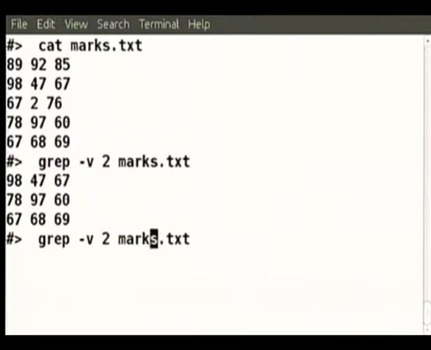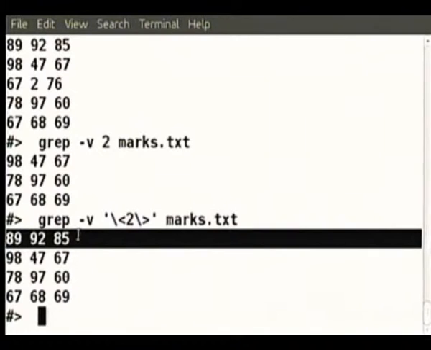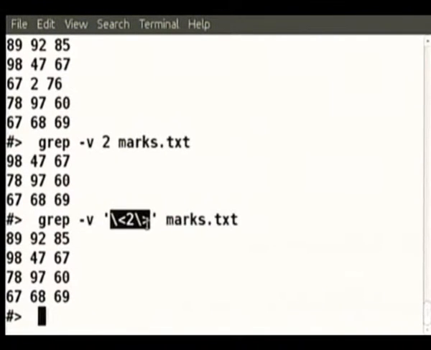So maybe if you see, now there is this particular 92, that is what we are discussing about. So if you use minus V, then this 92 is now no longer matching the pattern. That particular line, we prefer not using row, we prefer saying that line, because it's line search. So this particular line, is there a pattern with this? Which pattern? Is this pattern there? No. But is this pattern there? Yes. Yeah. So I hope this answers the question.